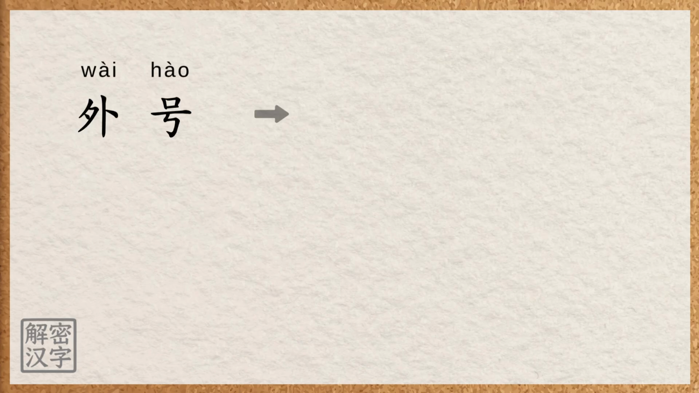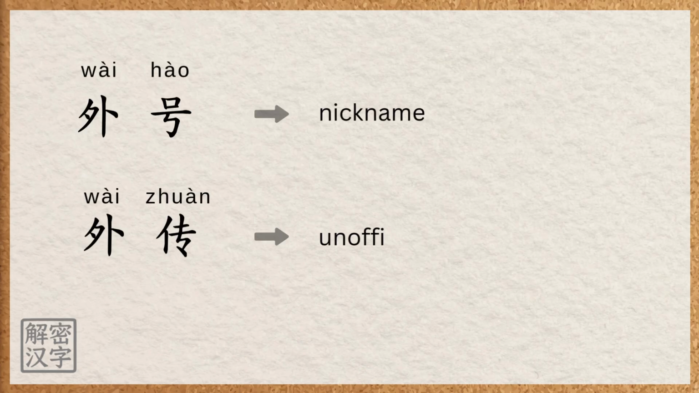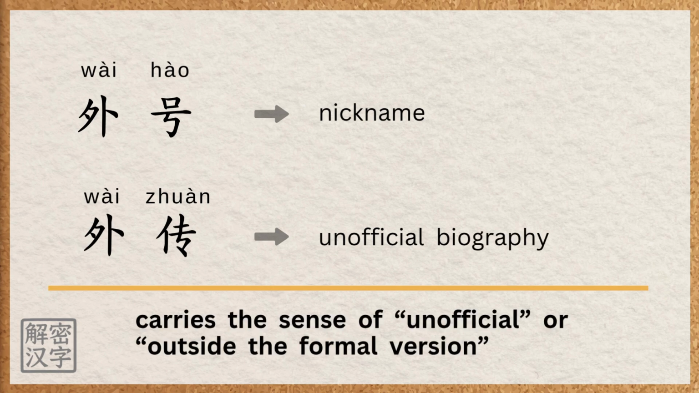外号 means nickname. 外传 means unofficial biography. Here, 外 carries the sense of unofficial or outside the formal version. Let's practice reading it together. 外